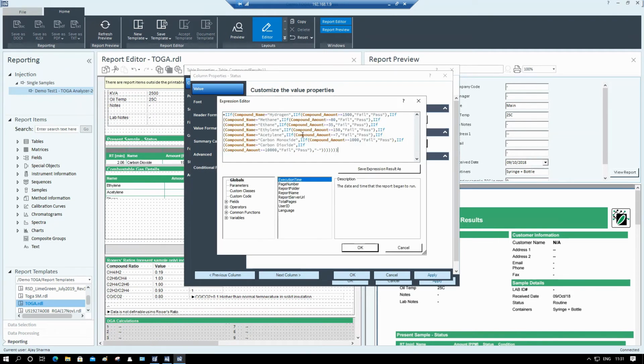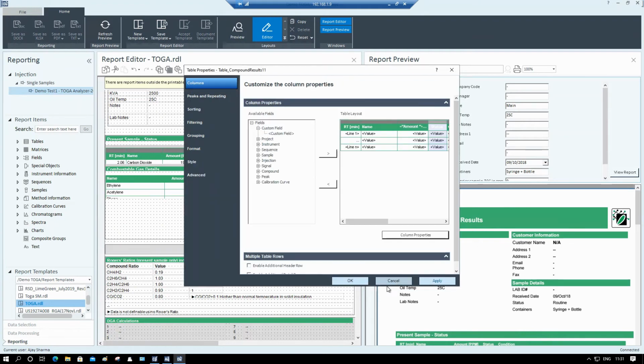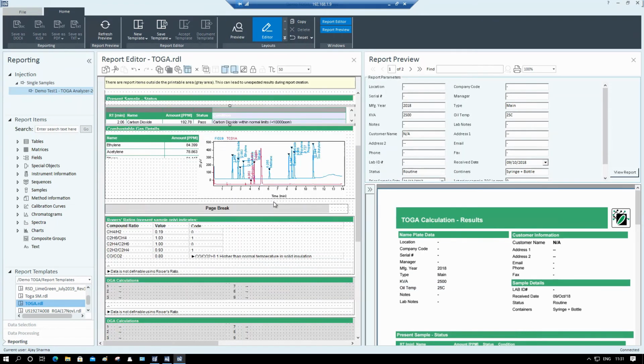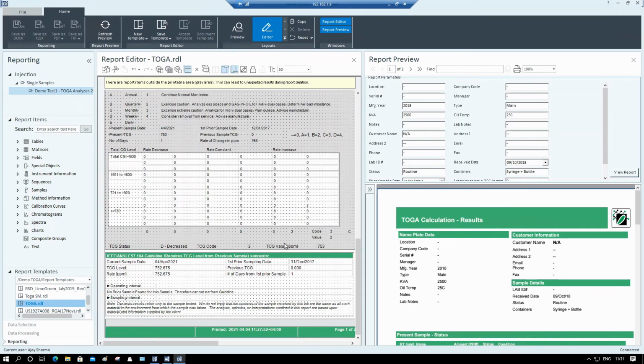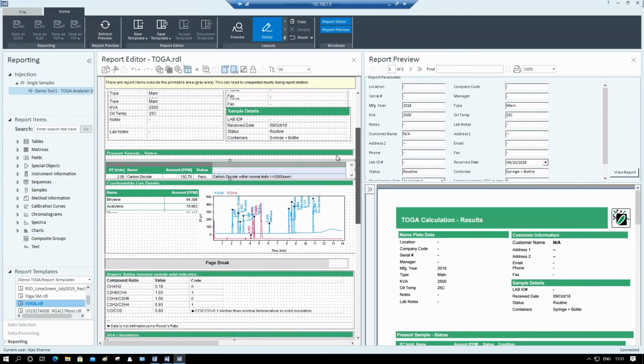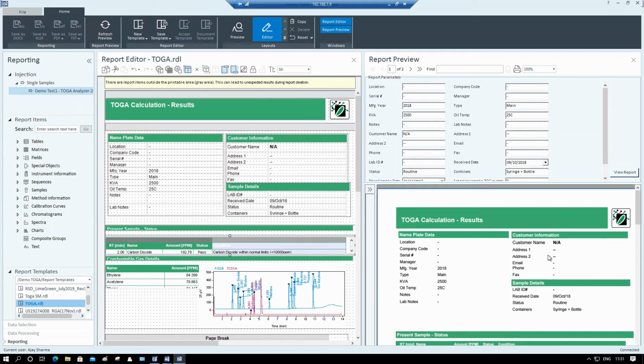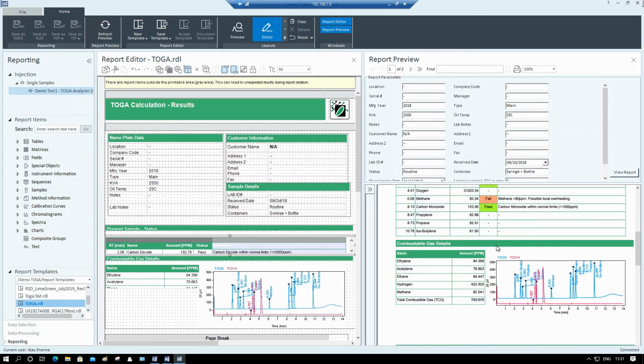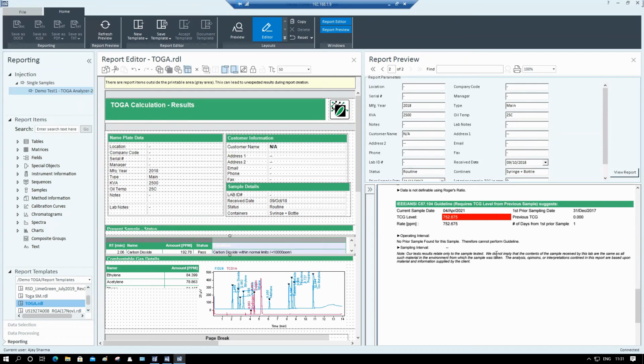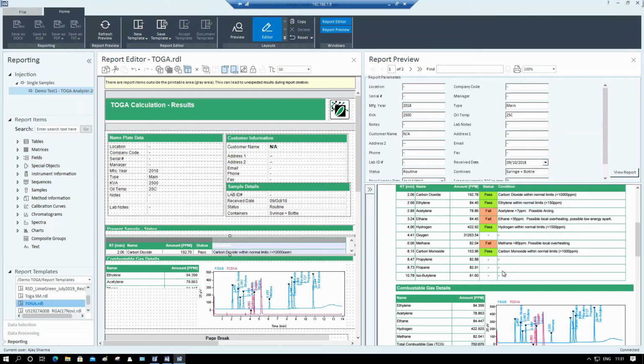So here is the formula which we have fed in. For example, for acetylene, we have said it is failing if it is more than 7. If in your lab it is 5, you can just change it to 5. It's pretty simple to customize this report, save it, run it for your sample, and you are ready to go. This whole OpenLab software helps you to give the final reporting very quickly and without any errors from transposing the results to another Excel sheet.